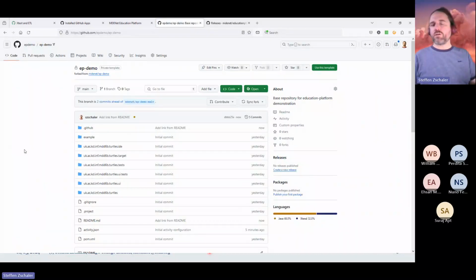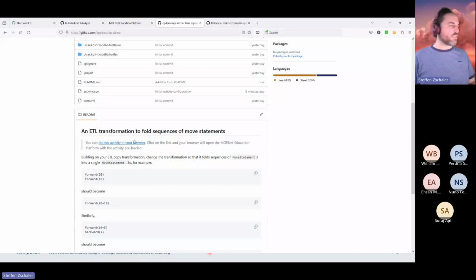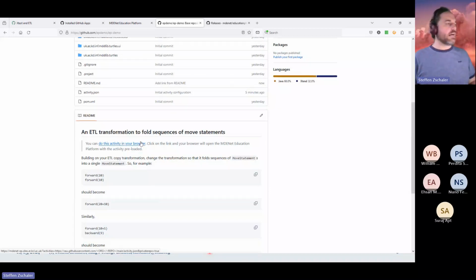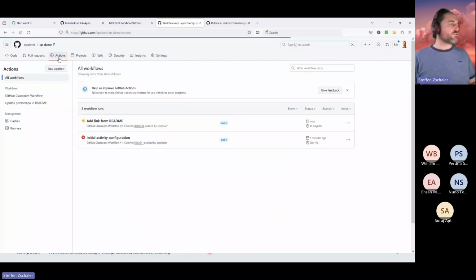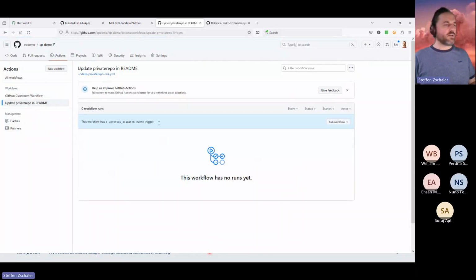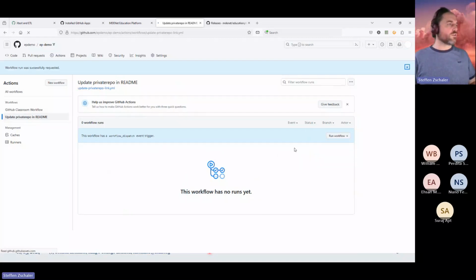Now, my new action won't run automatically. So at the moment, if you look at the bottom of the browser here, you'll see the link is still the weird org repo link. So for this repository, I'm going to have to run my new action manually. But because I've said that's a possible trigger, I get this additional button here. So I'm going to run this workflow,